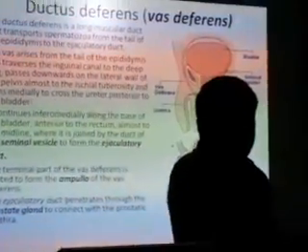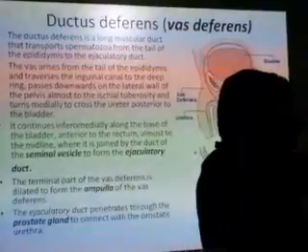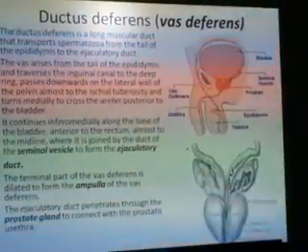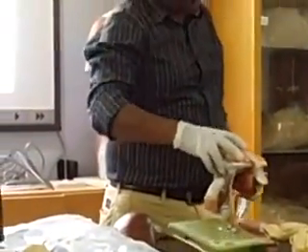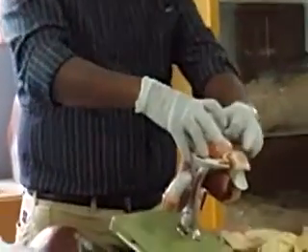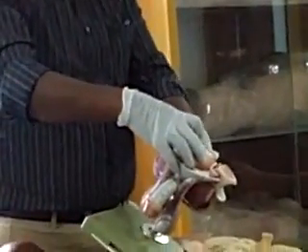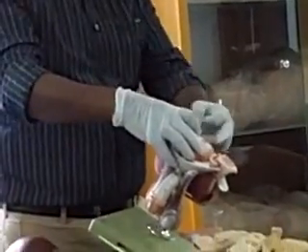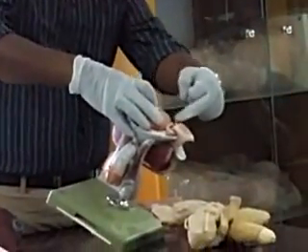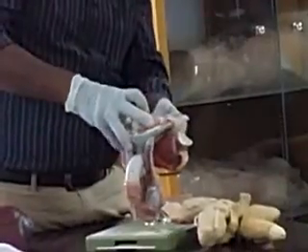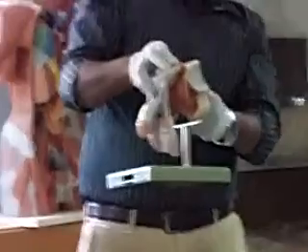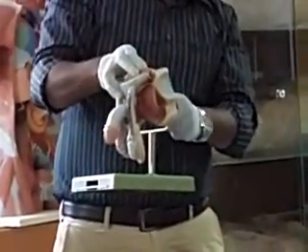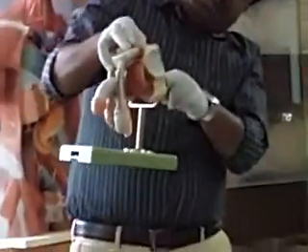So after the inferior pole, we call it the vas deferens, which runs upwards as a single duct and forms part of the content of your spermatic cord. Then it passes through the superficial ring, then the deep ring, and runs along the lateral wall of the pelvis. See here, the lateral wall of the pelvis, and then it crosses the ureter. This is crossing the ureter, goes to the base of the urinary bladder, and runs inferiorly and medially, alongside the seminal vesicle. These are the seminal vesicles. Alongside the seminal vesicle, it fuses with the duct of the seminal vesicle to form the ejaculatory duct, which pierces the prostate.